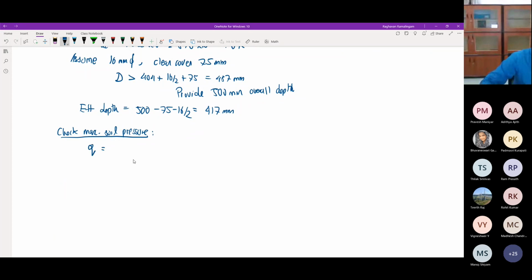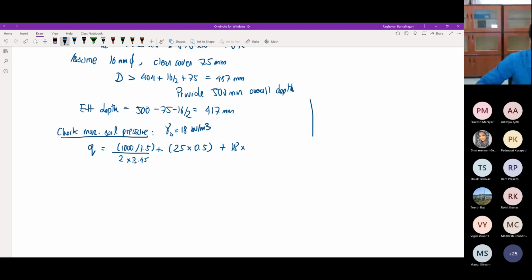So I say Q, 1000 divided by 1.5 divided by 2 into 2.45. Now I'm actually going to add whatever are the actual pressures that we have got. So 25 is the unit weight of concrete, and the thickness of the slab footing is 0.5 meters, 500 mm, plus the weight of the soil. The unit weight of soil, gamma soil, I'm assuming 18 kilonewton per meter cube.